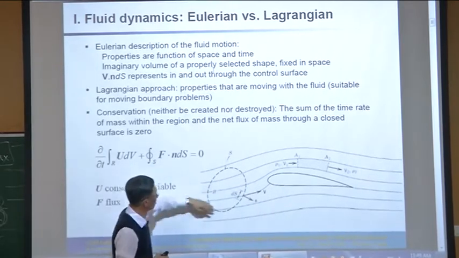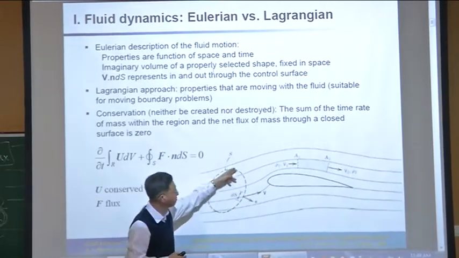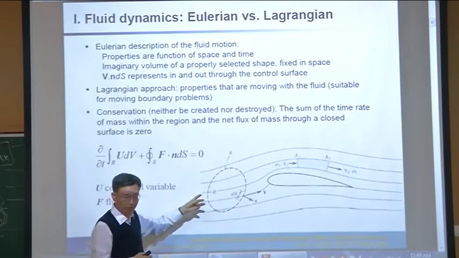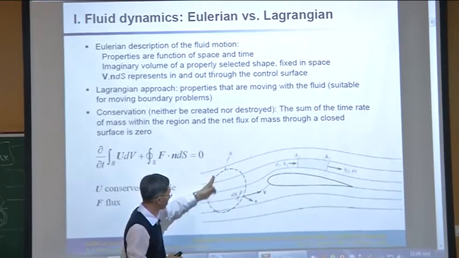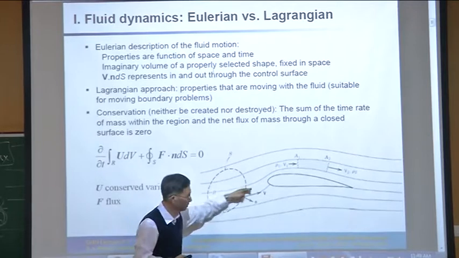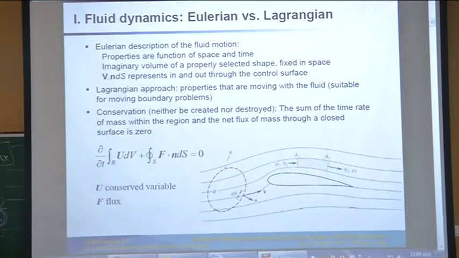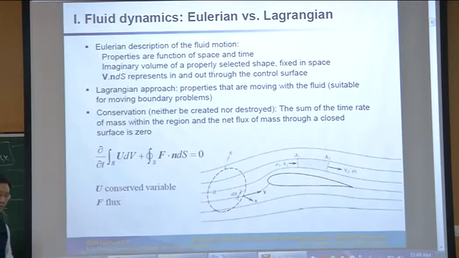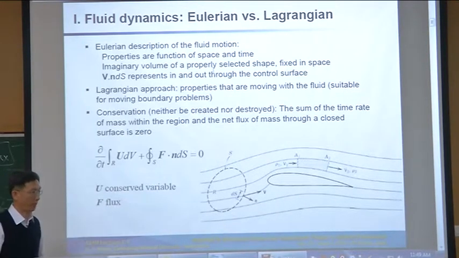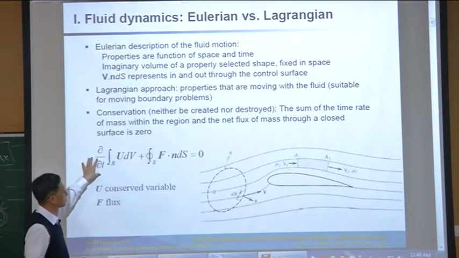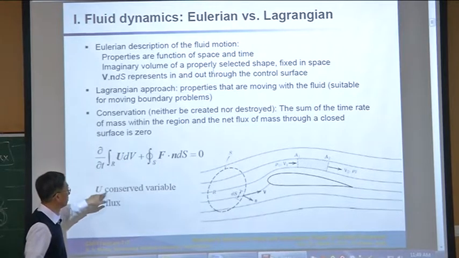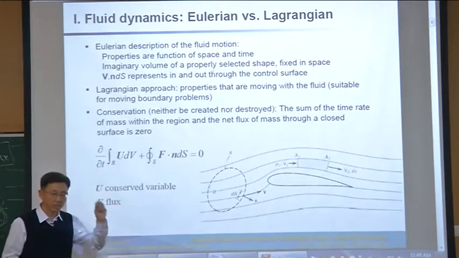So this is the volume integral within the volume, and this is the surface integral of what crosses. It's obvious. That's what we call physical laws. All things, density, momentum, energy, must satisfy this rule. Okay, so just remember this is the conservation law, and we call U the conserved variable, which means there is a